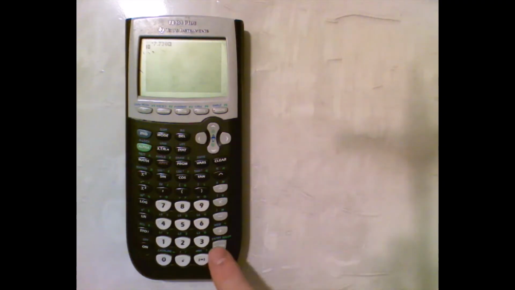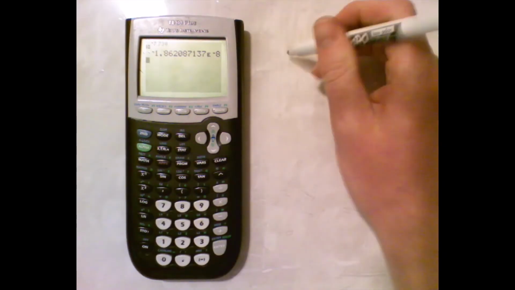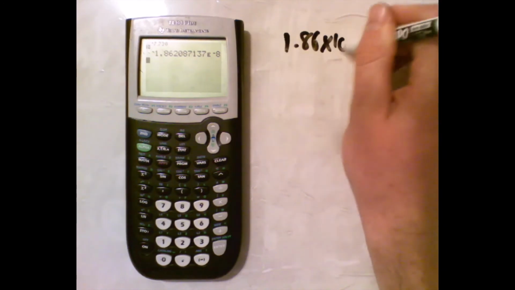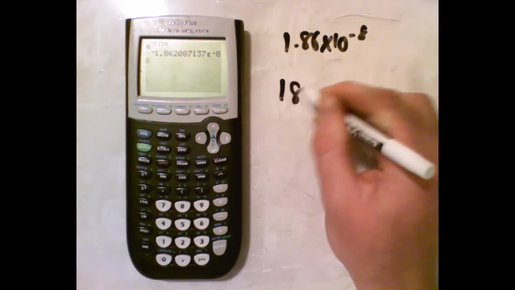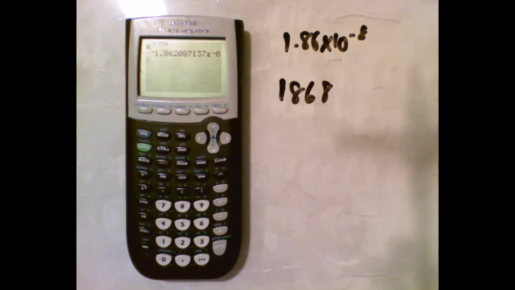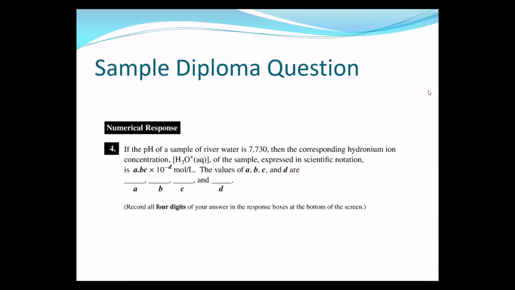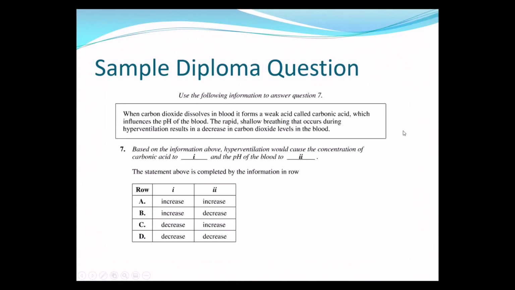That. And our answer would be 1.86 times 10 to the negative 8. So 1.86 would be the correct answer for that one. Okay. For this one, when carbon dioxide dissolves in blood,